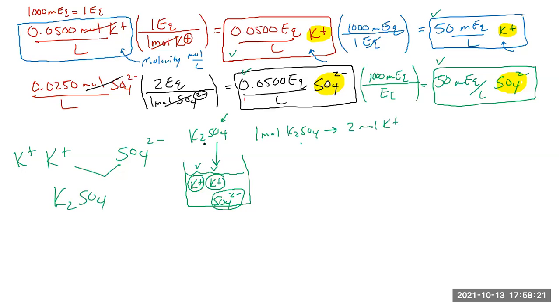Yes. But we only get, for every one of these, 1 mole of the sulfate that comes out. And that's where those kind of conversions come from. It's basically how many of each of those ions you get per unit you drop in there. So every one you drop in there is going to break apart. In this case, we get basically twice as many potassiums